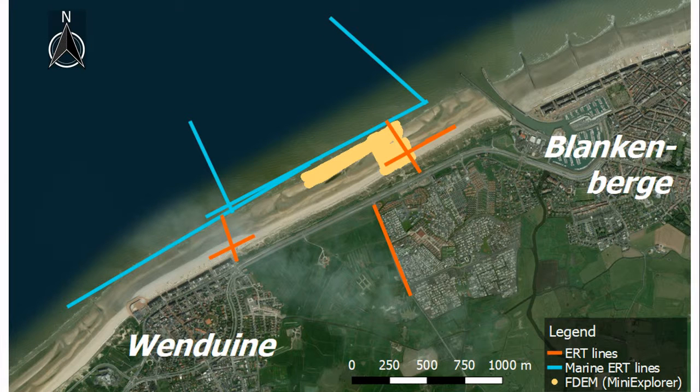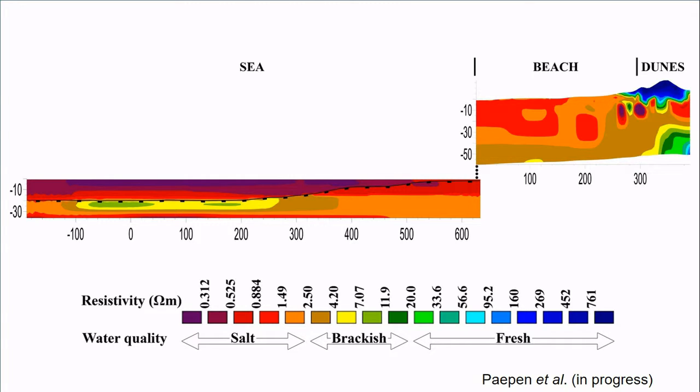Next we have Bredene. The big difference between Bredene and the Westhoek, which is why we chose these two zones, is that the dune belt at Bredene is very small. It is just 100 meters, whereas at the Westhoek it is almost 2 kilometers in width. And so we will see that there is a very small freshwater lens here